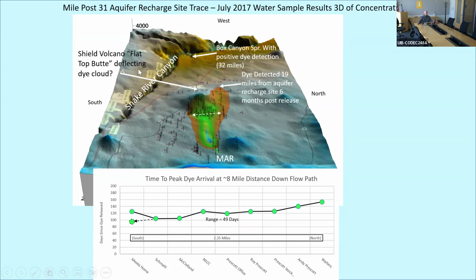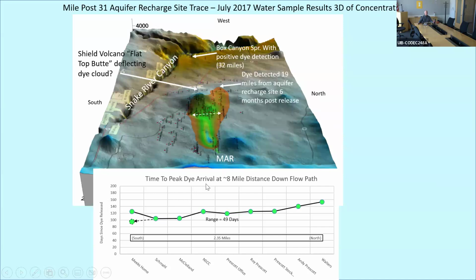And there's some evidence, geologic evidence from one well drilled straight down the top of that butte, that very dense basalts are located above the water table and below the water table at that location, which may be causing a low K environment, very dense environment, according to the driller's description, and deflecting that dye off to the north around that shield volcano. And so this is view Box Canyon's out here to the west where the dye